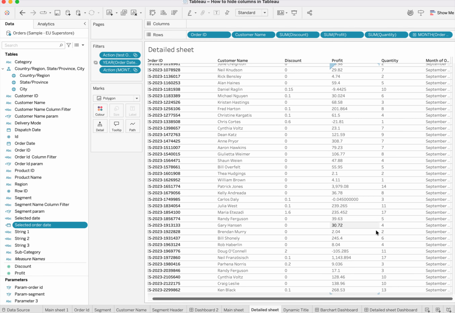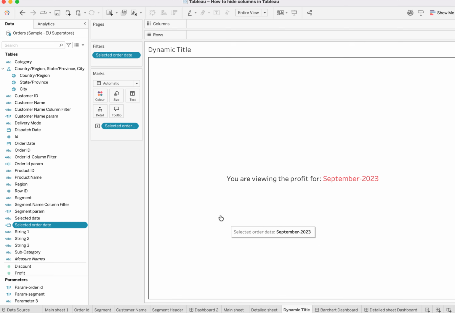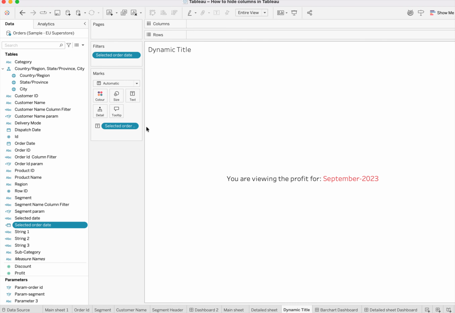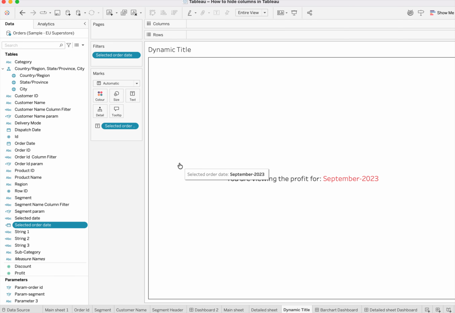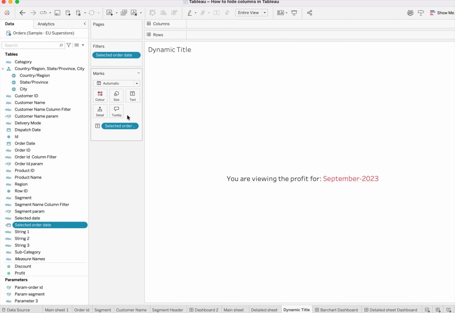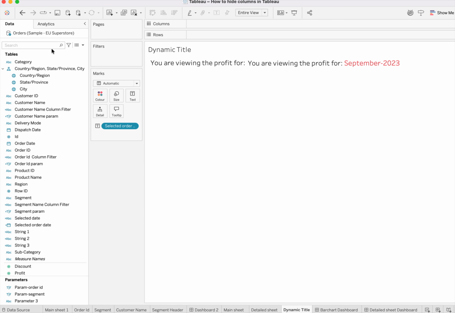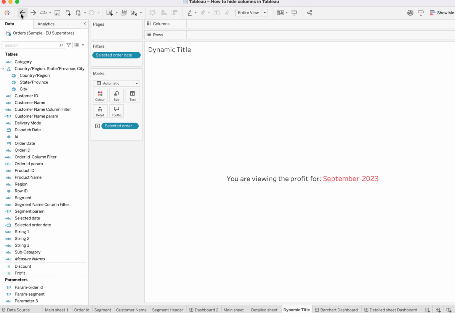So I will go to the first dashboard, and before I go to that first dashboard, I'll create a dynamic title, which keeps changing based on whatever selection I've made. Now this other title is just an empty sheet. I'm going to be placing my... I can decide to remove this. Okay, let's just leave it to make it similar. So I'll put the second order calculated field, which is this, for our reminder,